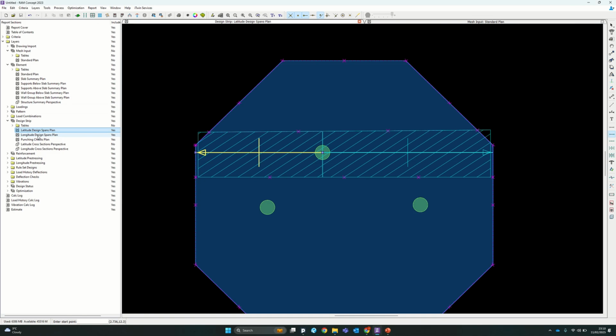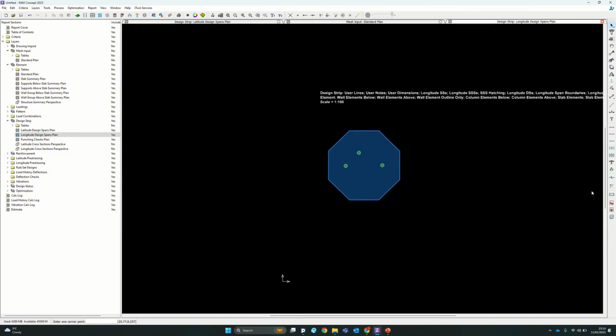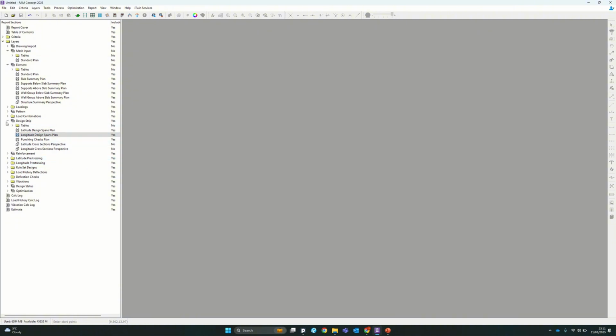In order for the software to run correctly, you need to fulfill both of them. Naturally, for latitudinal, you draw your design segments, span segments horizontally, and then longitudinal design span, obviously you do the opposite, you do it longitudinally, and that's how you do your design strips correctly. So if I back out of this then, and I then go into the reinforcement plans,